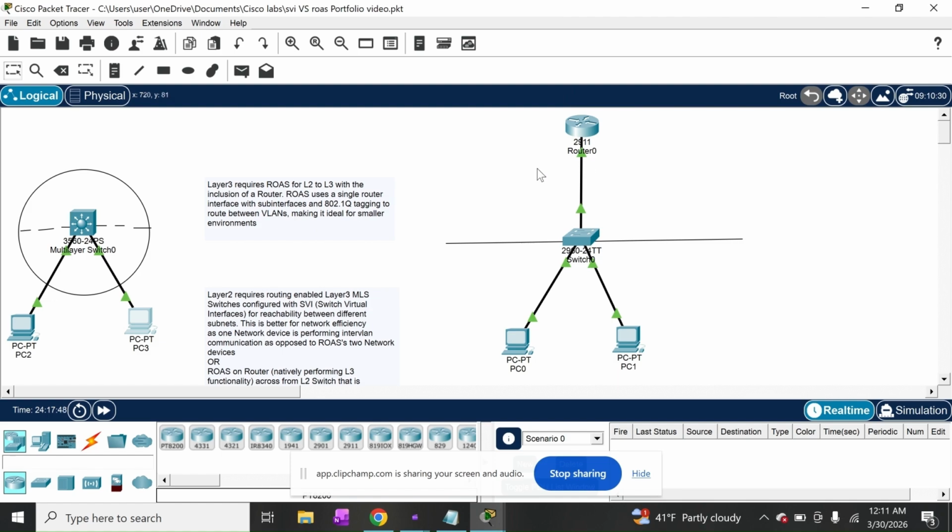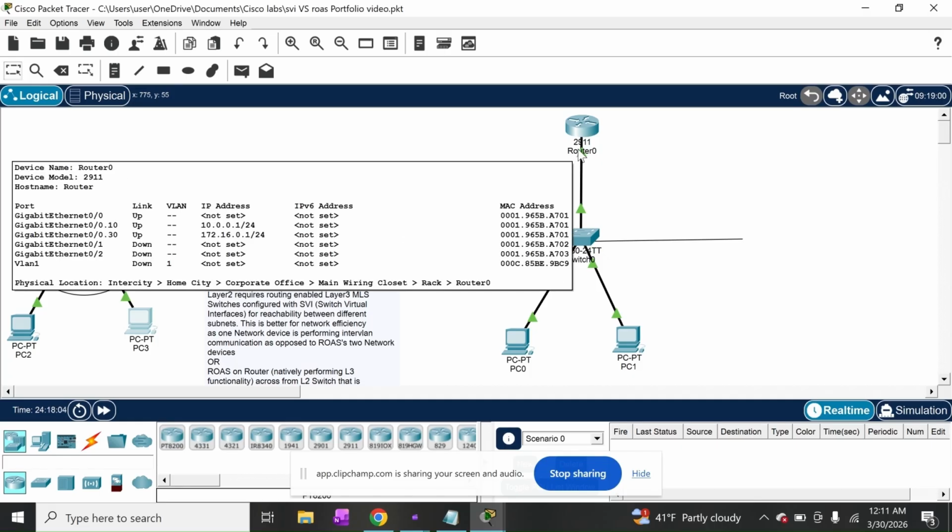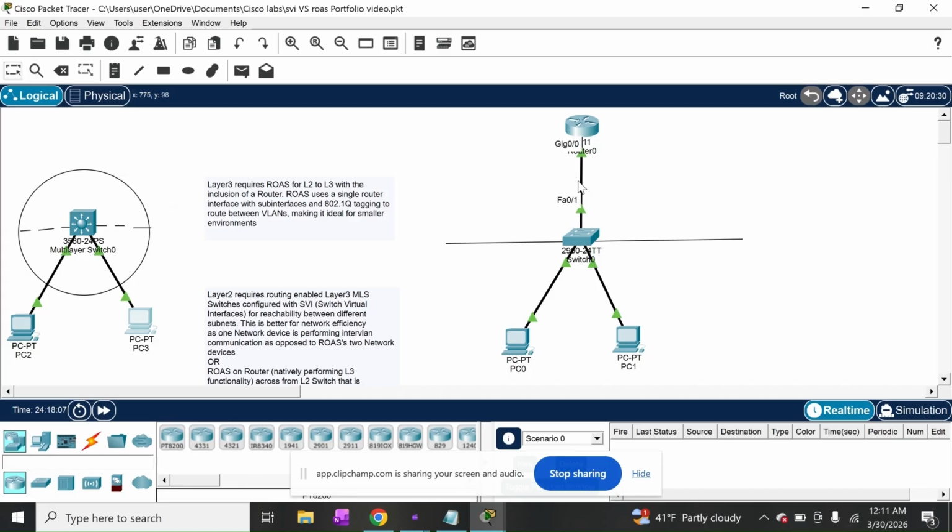The router, I should say, decapsulates the Ethernet frame, and it turns it into an IP packet, and it does its routing functionality here amongst the encapsulated subinterfaces, and then the packet is sent back to the switch where it's formed into another Ethernet frame. The address resolution protocol is run to map the IP address to the MAC address, and then that Ethernet frame is finally sent to its destination. So that's layer 3, and